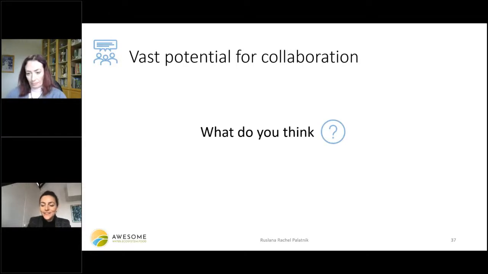Maybe I can just start with a quite general but important question: what do you think is the biggest challenge for a fresh researcher working with a CGE model when you have to set up the model? What is the biggest challenge and what is your recommendation for the setup and the first approach in CGE modeling? Thank you.